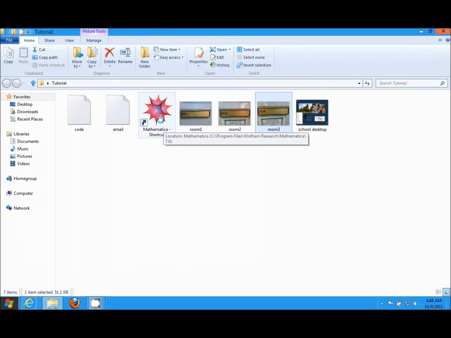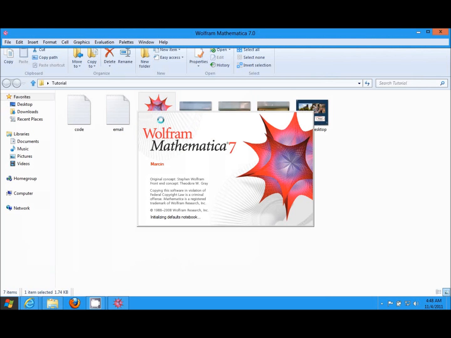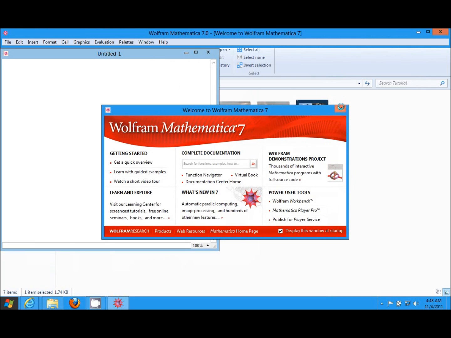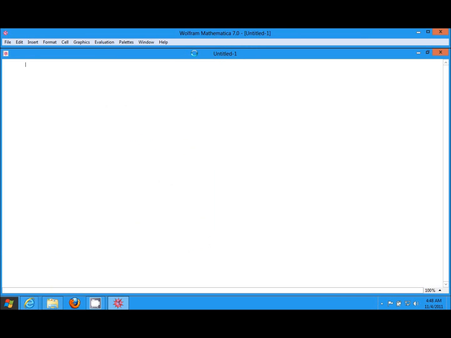Now let's start the program. At first glance the program doesn't look that welcoming, and hopefully it will be a little bit more welcoming by the end of this tutorial. The way I will run this tutorial will be by showing you some examples and trying to explain how they work. So I will pull out some code,